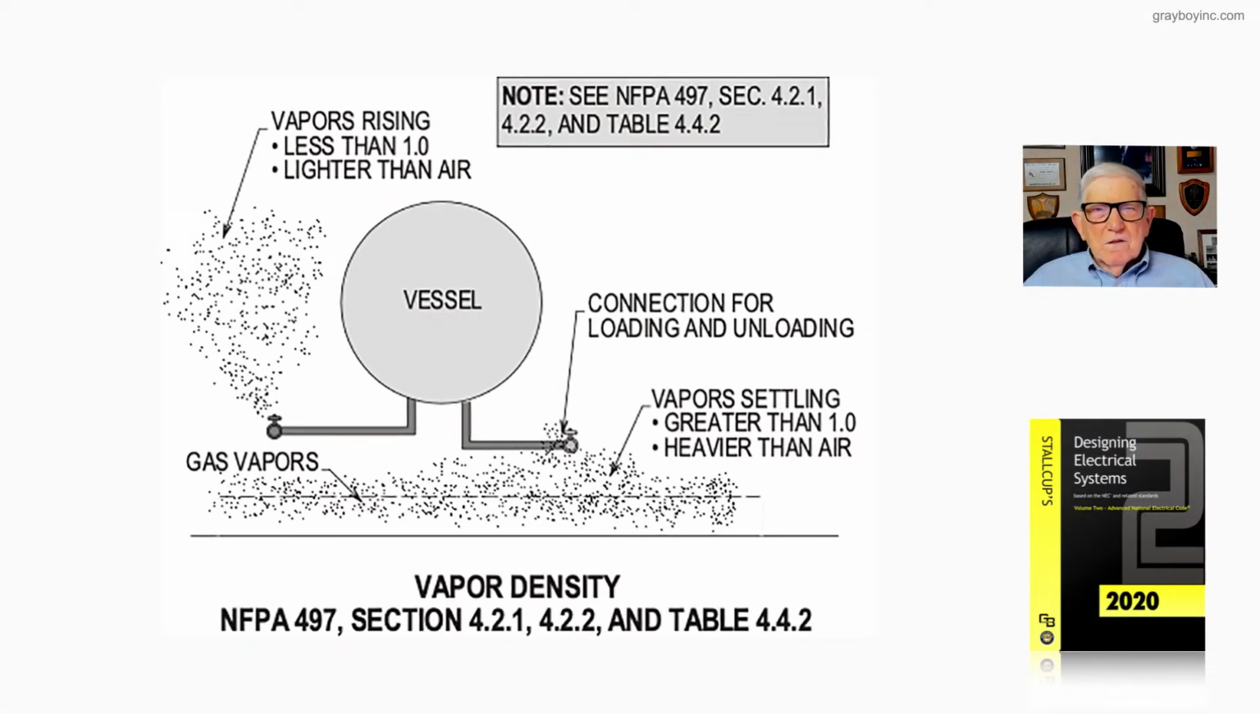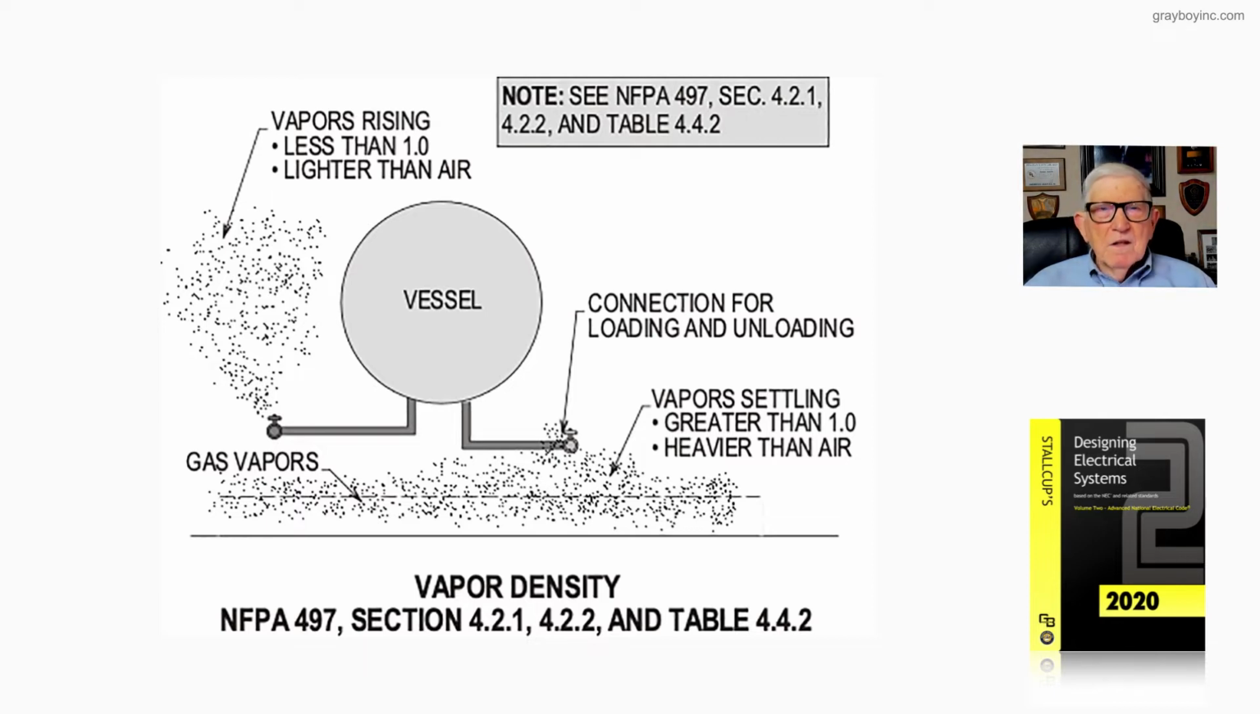Now let's take a look at this figure 21-14, and the figure deals with vapor density. In accordance with NFPA 497, we're looking at 4.2.1, 4.2.2, and table 4.4.2. Now keep in mind your table 4.4.2 in NFPA 497, you can find for any gas, vapor, liquid, whatever you're looking at, you can find the